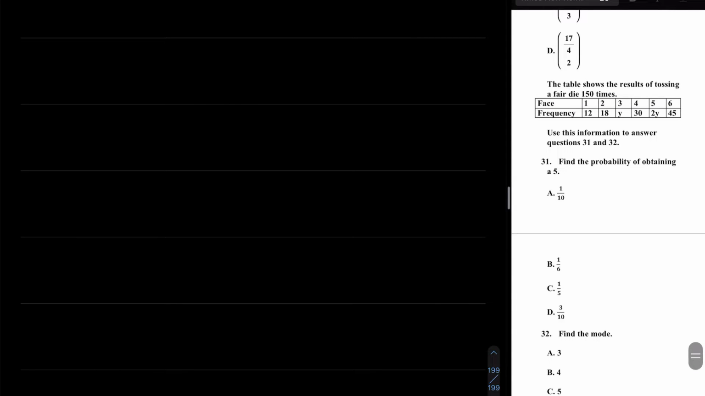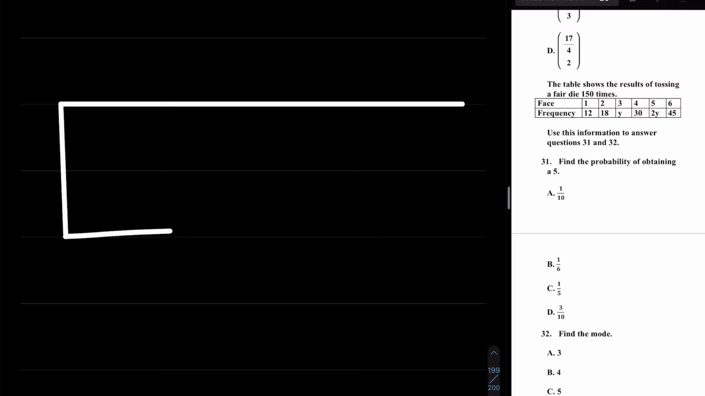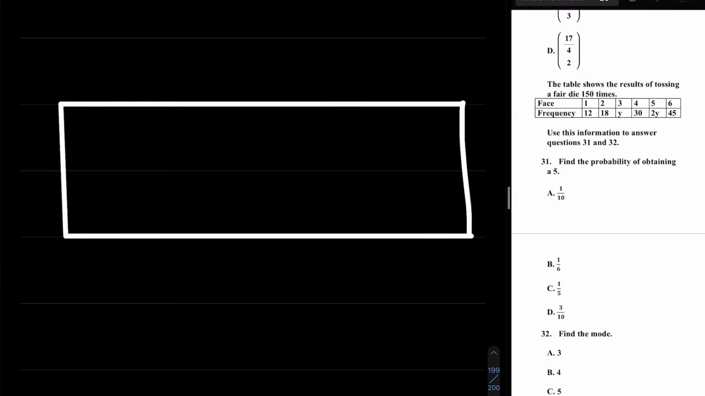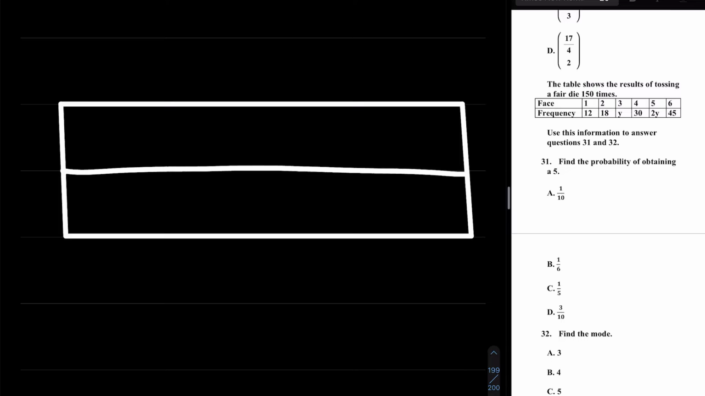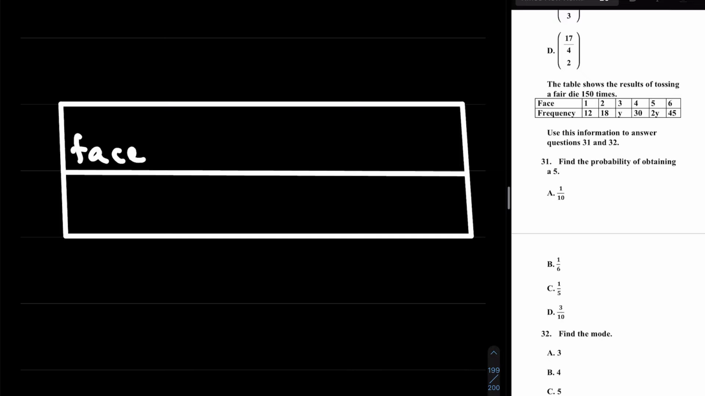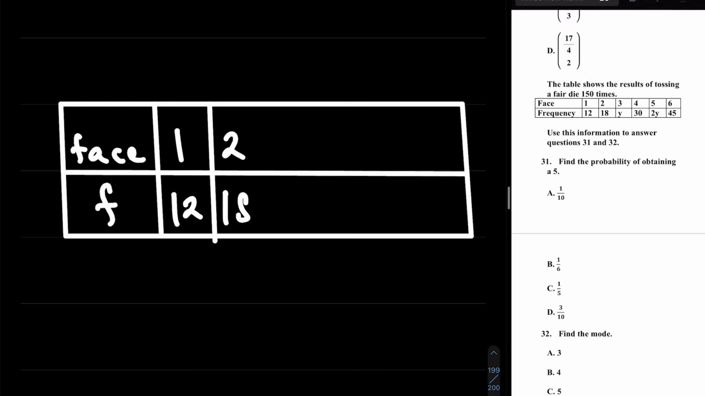The table, we have a table. Let's draw that. Let's draw the table. The table shows the result of tossing a fair die 150 times. This represents the faces, the numbers on the die, while this represents the frequency of each of them. One shows up 12 times, two shows up 18 times,